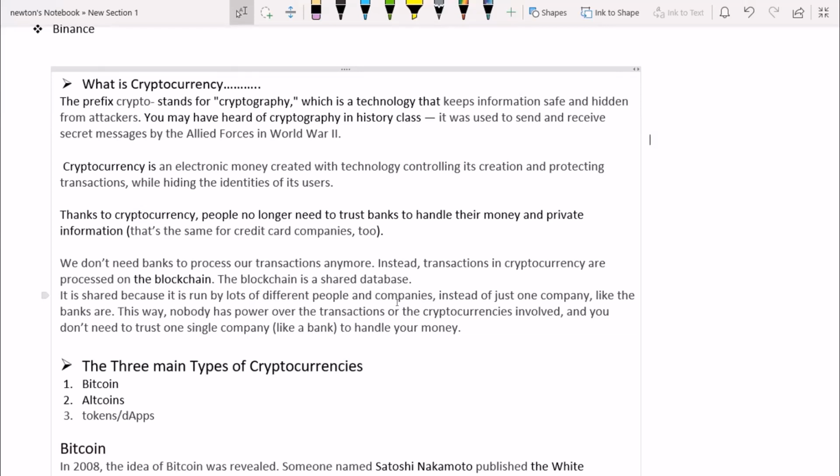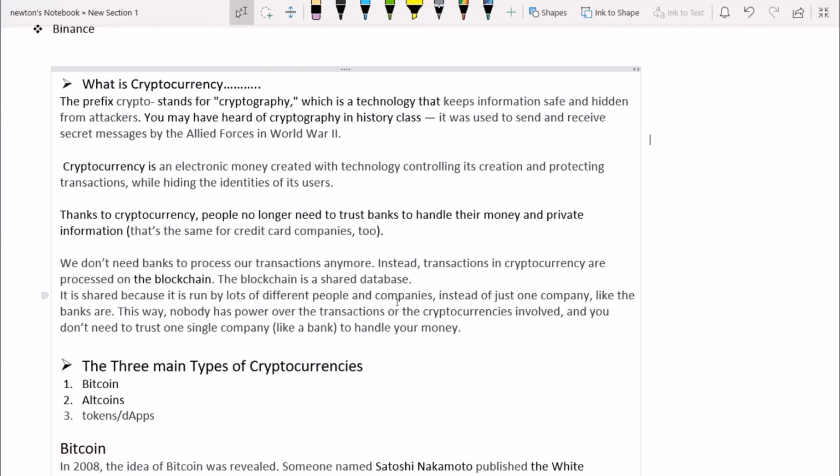So I will employ you to go on Google and type blockchain so you can have a detailed explanation of blockchain, because I cannot be doing that tonight as we have a lot to cover. But I'm just giving you an insight of what blockchain is. Blockchain is the powerhouse where all of this transaction is possible. All these cryptocurrency transactions we're talking about are possible because everything is done in the blockchain.